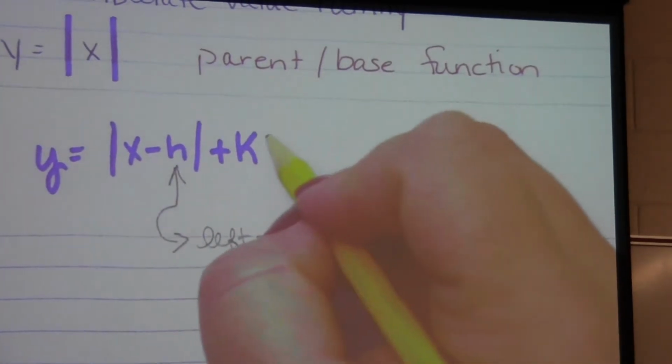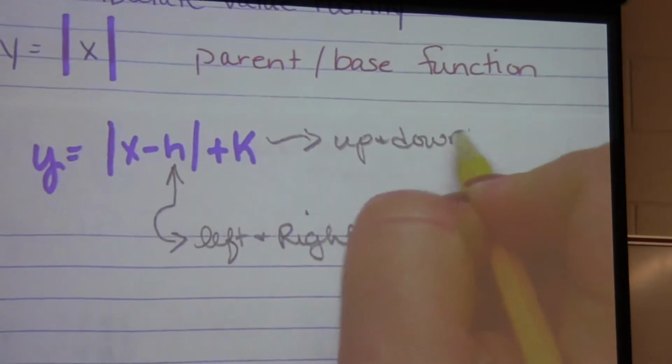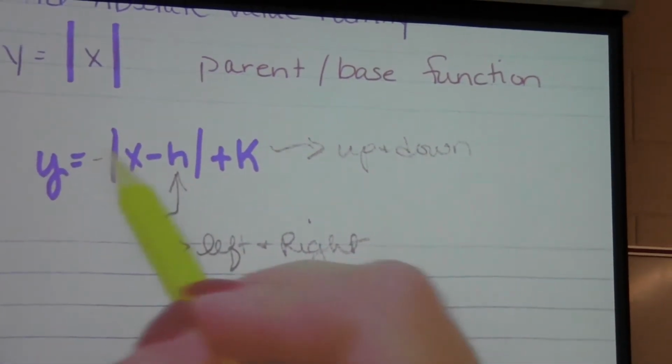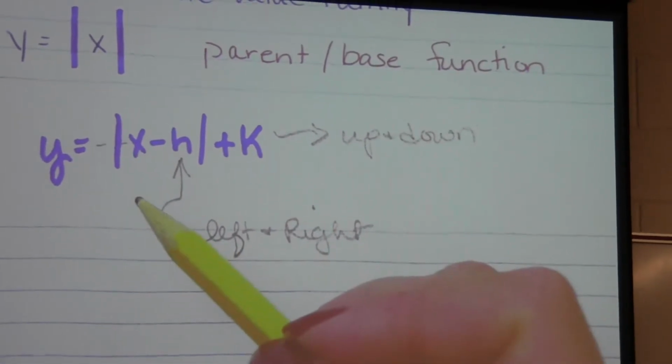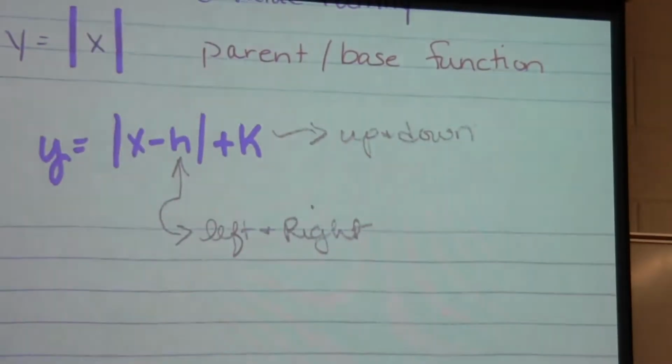Okay? The number that's outside is going to move it up and down. If I put a negative sign in one of these places, either here or here, what will happen? It's going to flip. Okay? So it's either going to flip over the x or y axis,